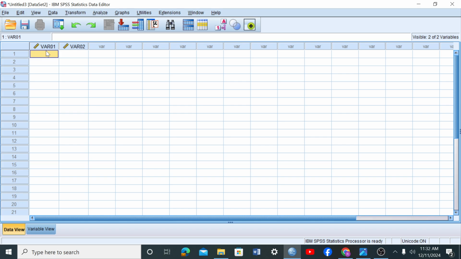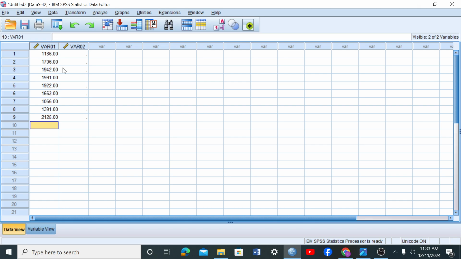So we have to enter our data. For variable one, we have 1706, and then we have 1942, and then 1991, 1922, 1663, 1066, 1391, and 21, 25, 22, 39,